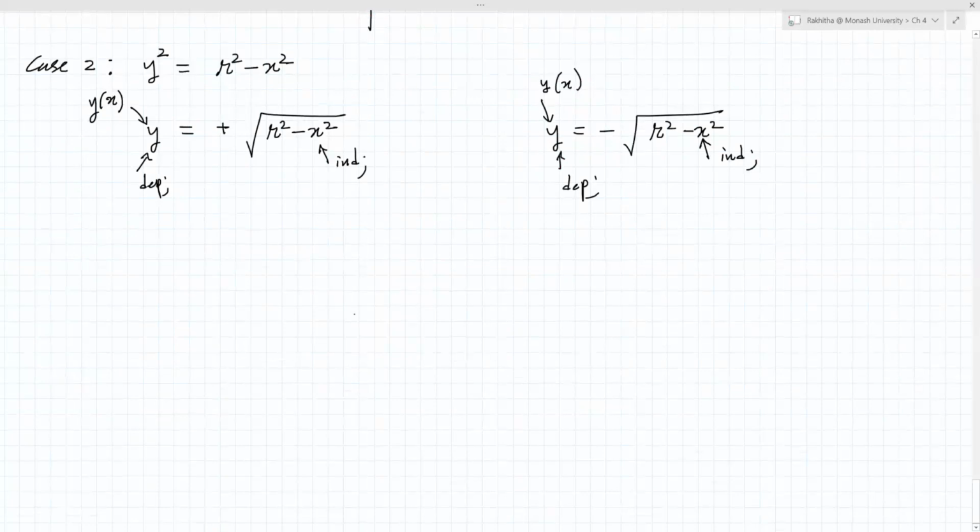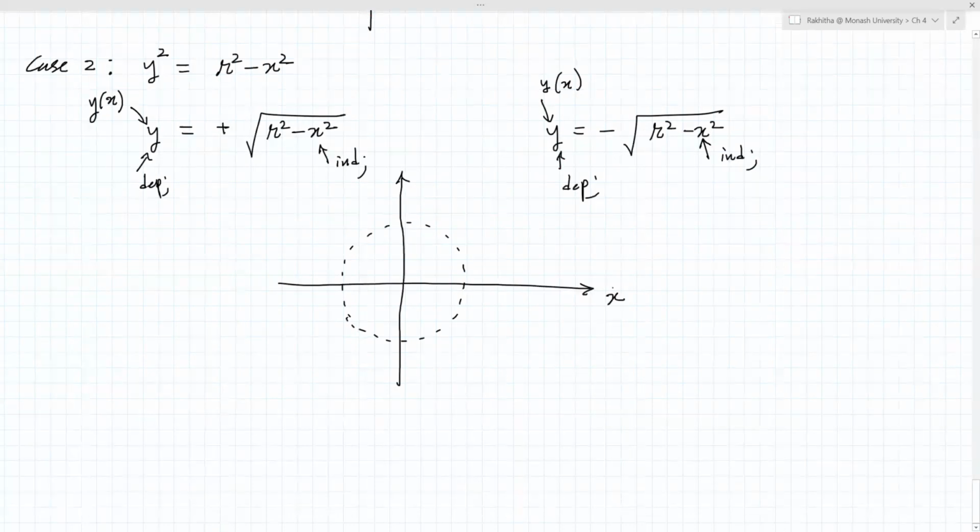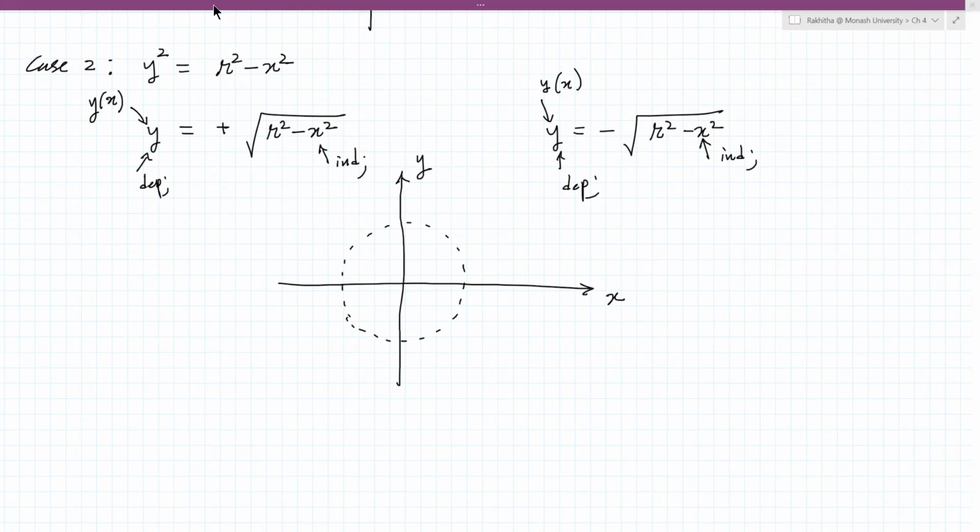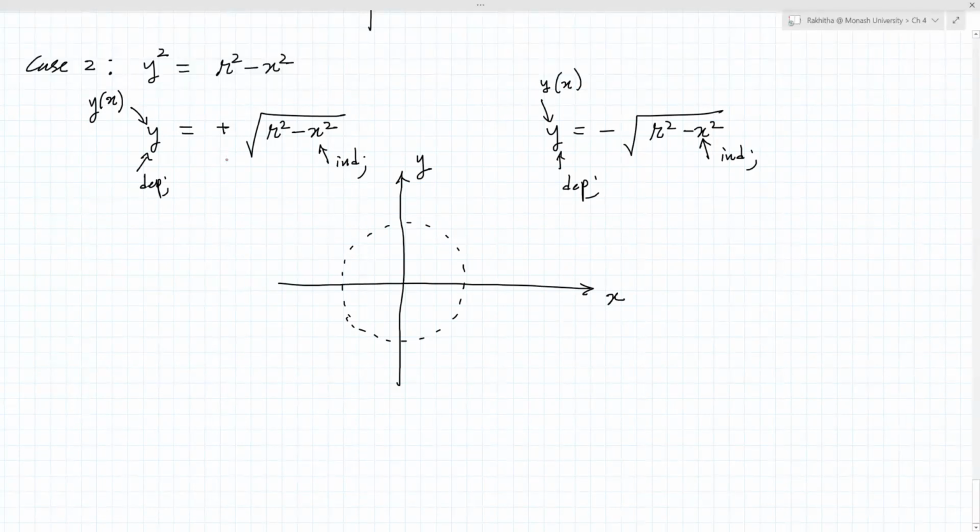Now, we will try to draw this one. If you draw this, you will see this is your Cartesian plane, and I'll use a different color. Now, first equation, y is positive. Y is positive. Look at this. So y positive is this area, right? All of this. You can see my cursor.